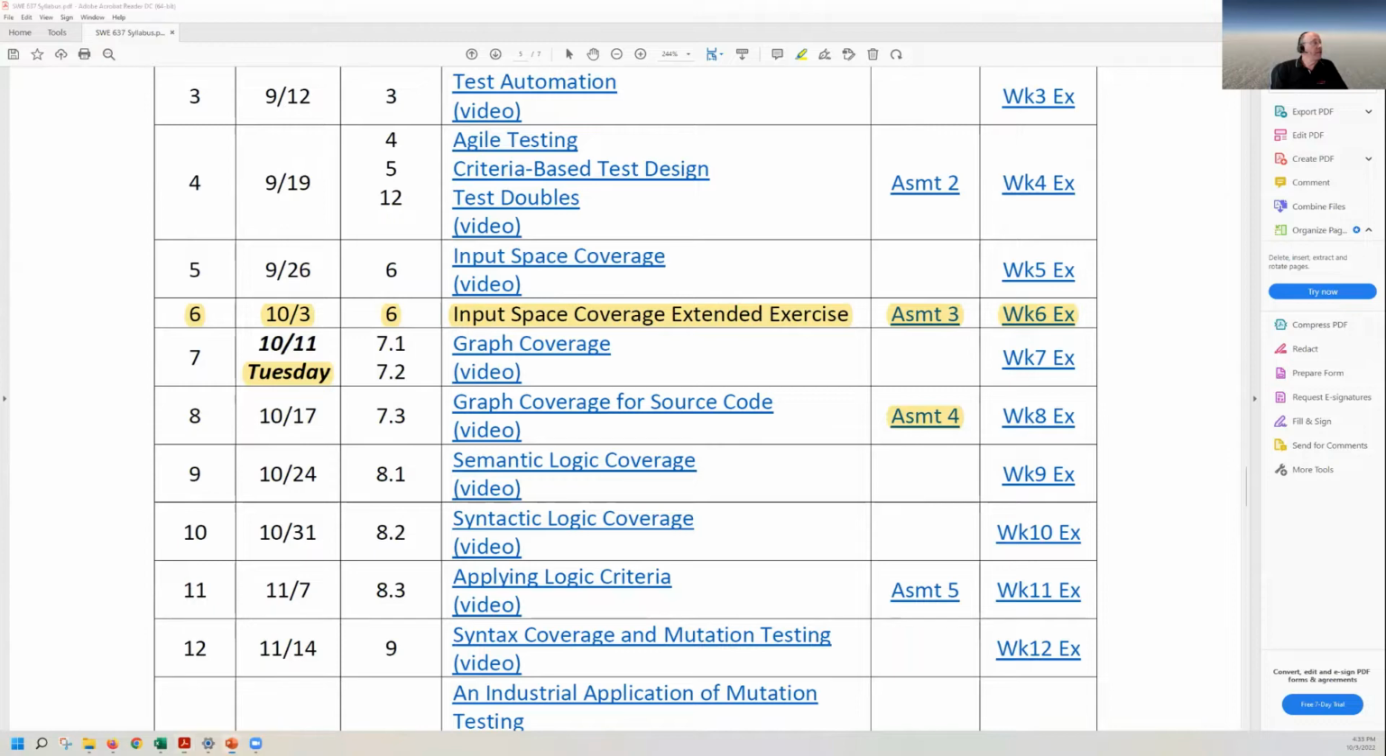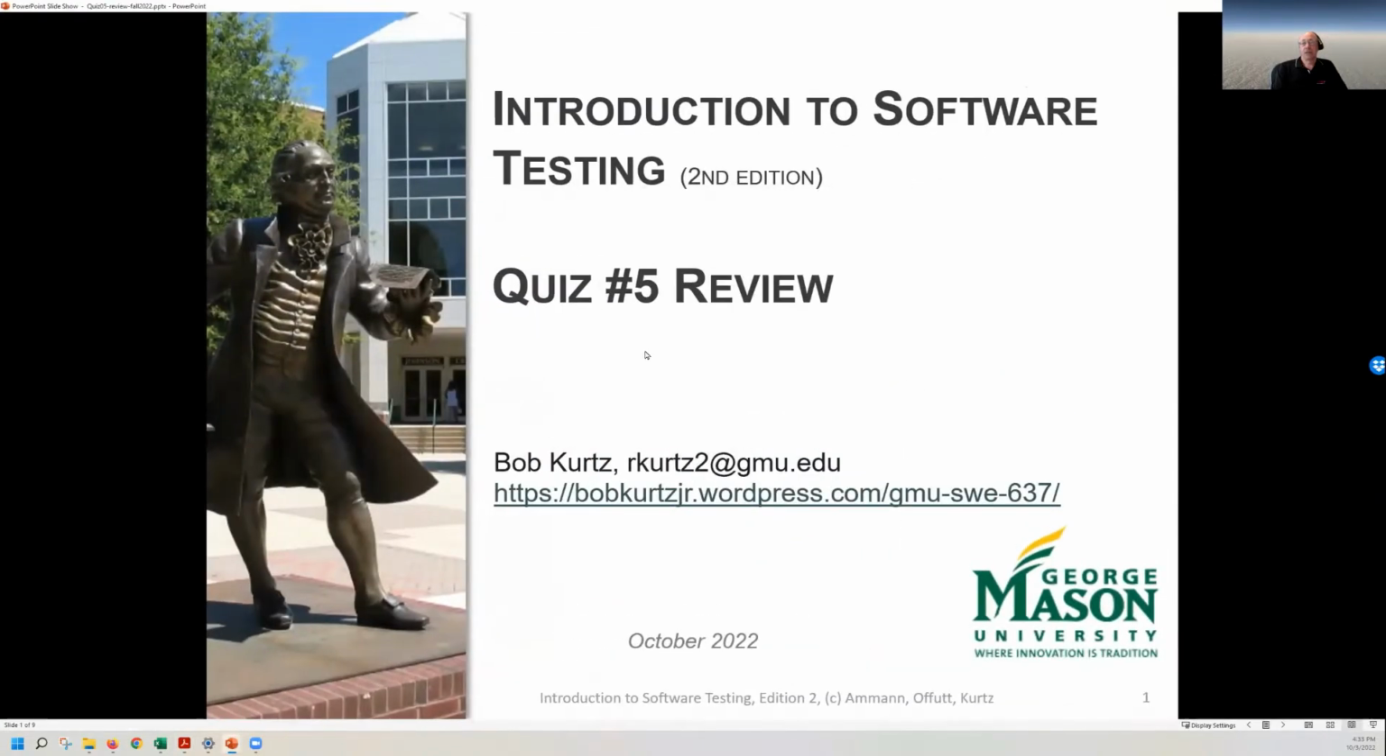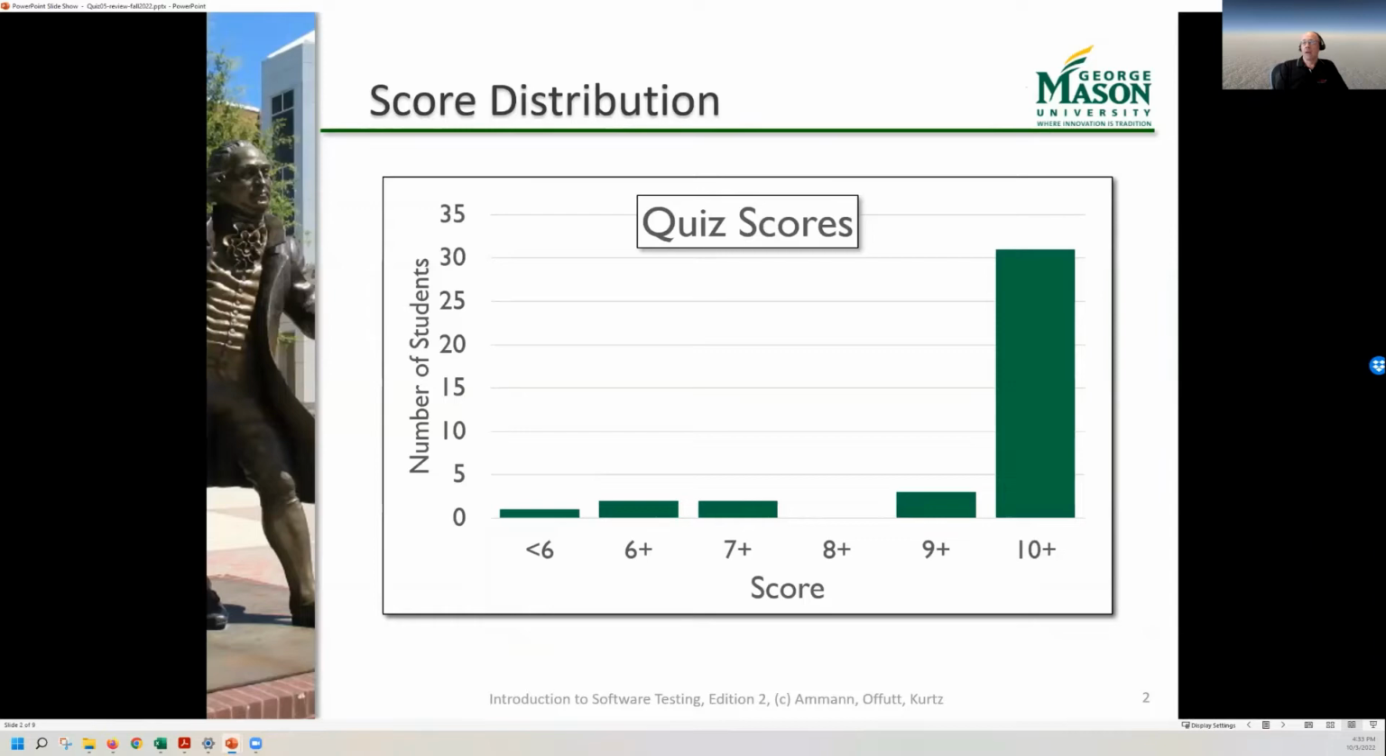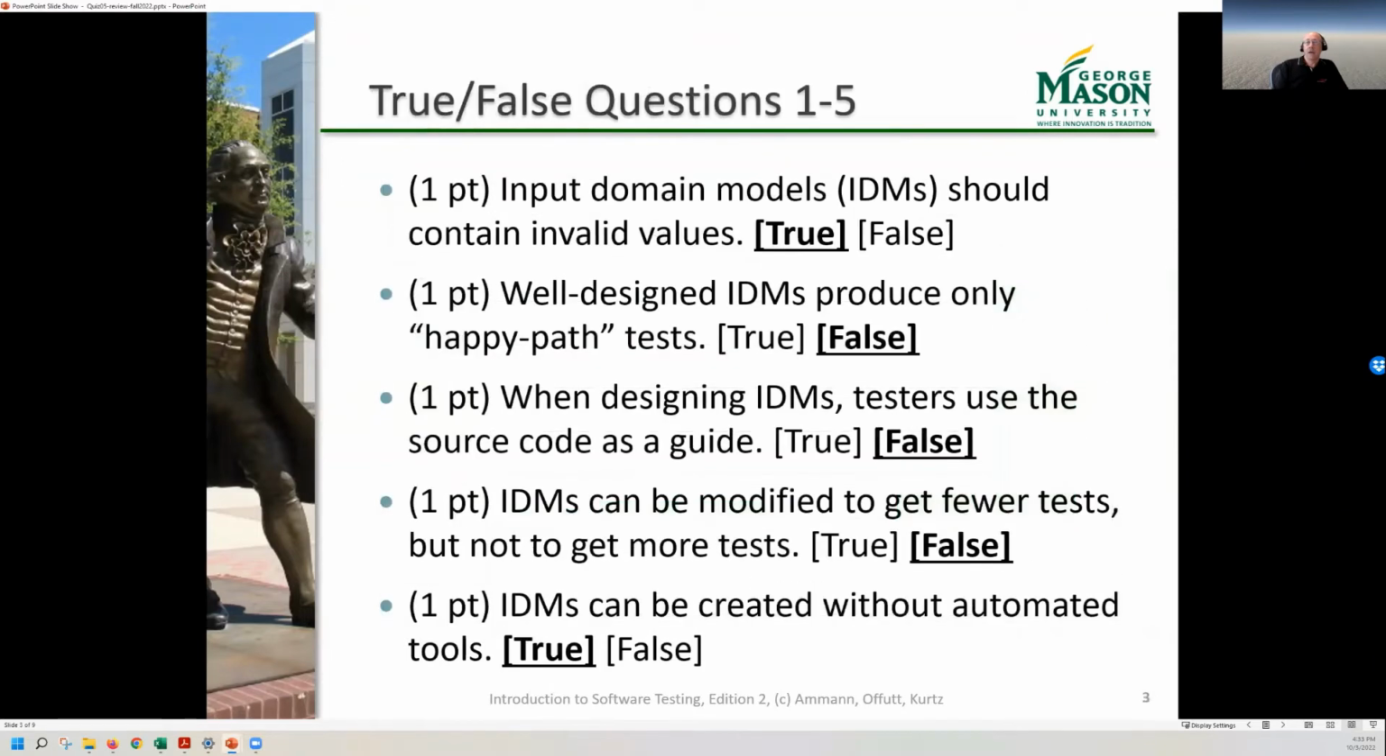All right, so with that, let's do just a real short overview of quiz 5 from last week. Quiz score is generally very good. I'm not going to go through all the true falses. I'm not even sure that all of them are here on the slides. They were mostly pretty straightforward. The one or two that folks seem to have a hard time with was